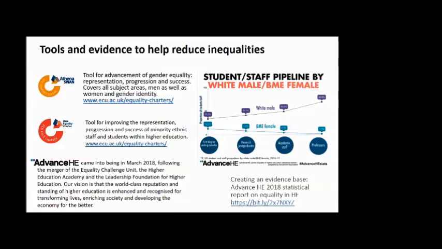A lot of our work has been based on evidence that we have been gathering over a number of years, effectively since former ECU's establishment. Former ECU is the former Equality Challenge Unit, and it is now Advance HE. We've been presenting that evidence over a number of years in our statistical reviews of the sector. They cover both staff and students, and really seek to highlight where the sector is at in terms of equality.